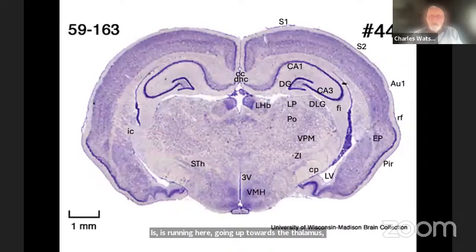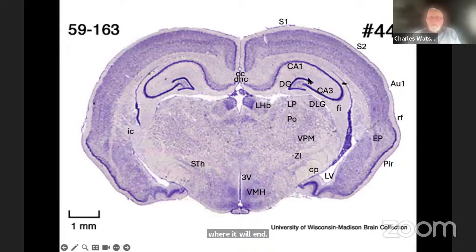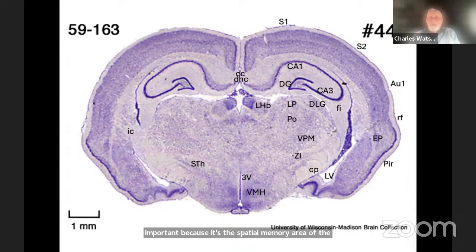So here's our typical hippocampus above, dentate gyrus, with the CA regions, CA3, CA2, CA1, which is a bit bigger here than you might have expected in a mouse or a rat. This is important because it's the spatial memory area of the hippocampus, and we're going to talk more about that with some of these other species in just a little while. In the meantime, in the thalamus, we've still got VPM, the touch cortex, and at the top we've got the dorsolateral geniculate, which is the visual area.